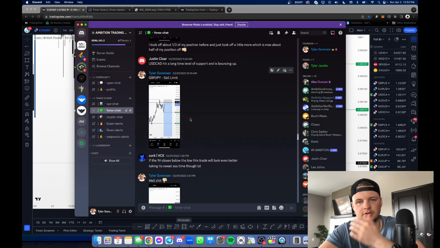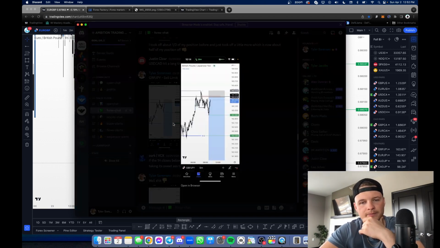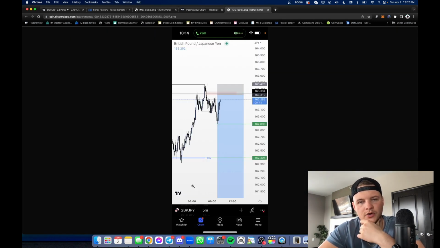And then this was our first losing trade on GBP JPY. So I'll just walk you guys through quick. I don't have it marked up on TradingView anymore. But basically we swept a weekly high, and then we got a breakdown in price. This is the 5-minute time frame. And we had a sweep of liquidity, break of structure right here, another break of structure right here.